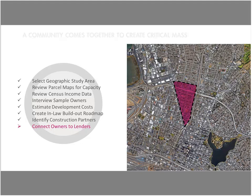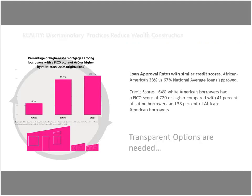But what was most important was to understand where they were going to get the money from. And being African Americans, they faced an incredible uphill battle because we know the lending processes were not equal. We knew that African Americans with the same FICO scores were being approved at a far lower rate, 33% versus 67% nationwide. We knew that African Americans who had FICO scores of 72 or higher were actually only 33%